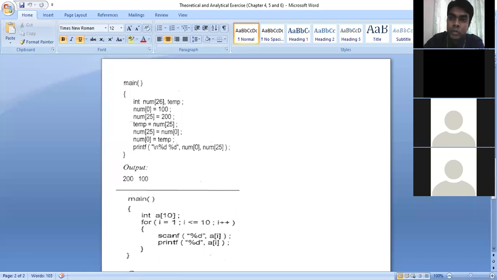So they are basically mentioning here we have one array, a one-dimensional array. You can see the one-dimensional array here, num 26. That means we have 26 blocks, isn't it?